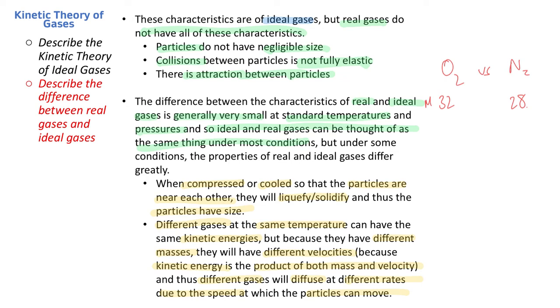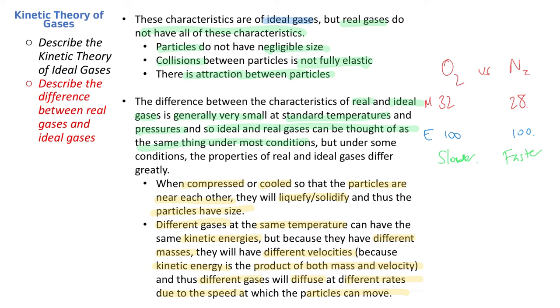If they have the same EK, say they have 100 units each, that means the smaller particle, the N2, with the same amount of kinetic energy, has to be moving faster compared to the O2, which will be moving slower because it has a larger